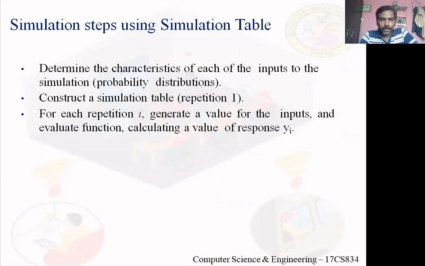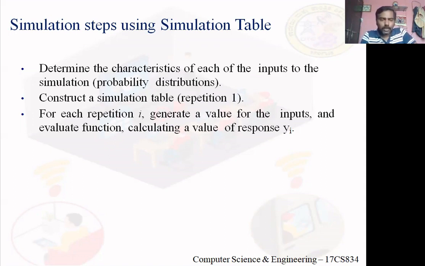Got it? So in this case, what I have seen is there was no delay for the first two customers, whereas there was a delay for the third customer. Clear? So the inputs I consider are inter-arrival time and service time. Based on these inputs, what we observed is that some customers experienced no delay, whereas some customers experienced delay.